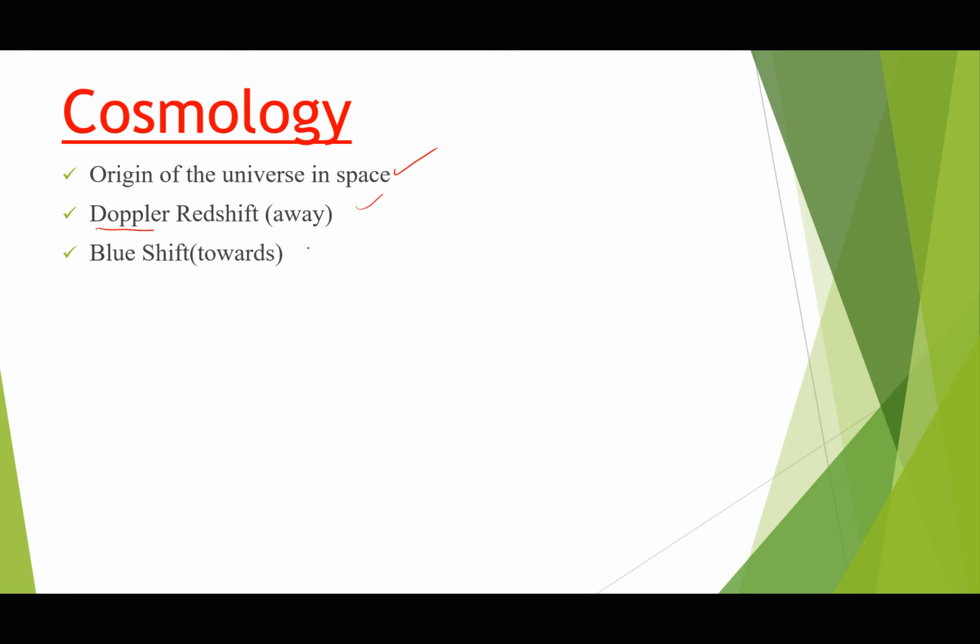Then we also have the blue shift. Of course, it is just the opposite. Because the Doppler effect could be a Doppler redshift or a Doppler blue shift, and in the visible spectrum it's red and blue which stand out most, that's why we shall be talking about the Doppler redshift, and the opposite will be the blue shift.